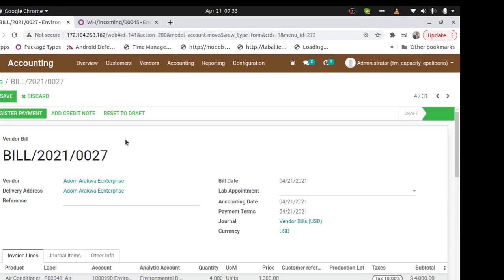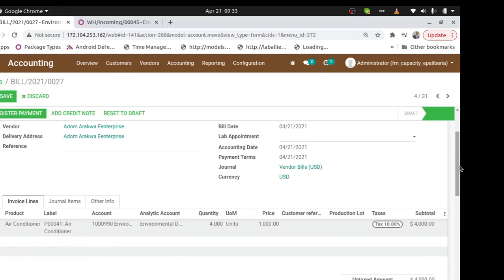So once I've posted, what will happen is the Liberian people, the ministry, will write a check, and the check will go to the bank, and then one time we'll go to the bank and collect the bank statement, maybe at the end of the month. It will also contain that check payment to this particular supplier. So after that, when I get the bank statement, I will show you the reconciliation. How do I reconcile this invoice?